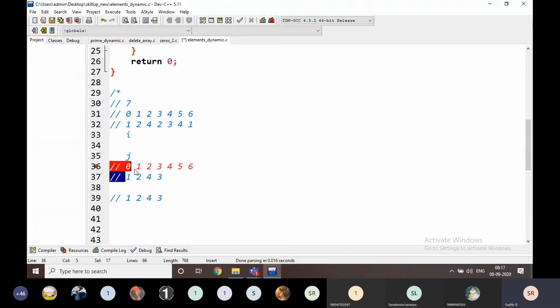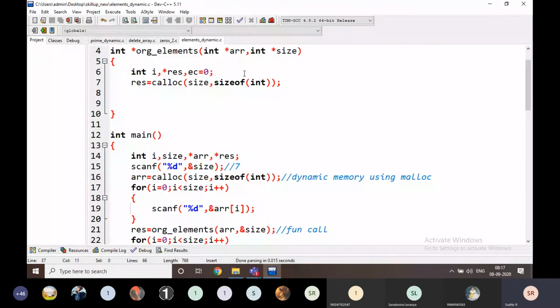Okay, is it clear, everyone? What is my logic here? This is my logic. In this way, I am going to compare. Every time I compare the array value, AR of I, is it in the result array or not?